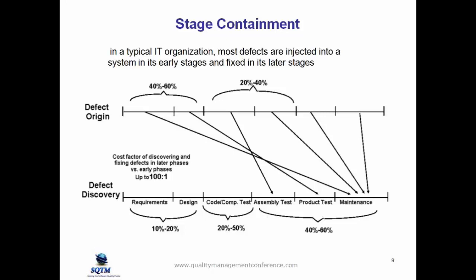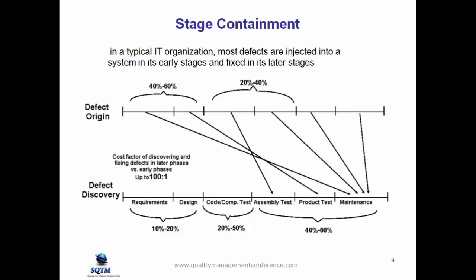If we look at some of these percentages, I'll just reiterate. The majority of defects originate, 40 to 60%, in requirements and design, and 20 to 40% originate in coding issues and assembly tests. But look at the bottom, where we discover them. Even though 40 to 60% originate in those earlier phases, we're finding 40 to 60%